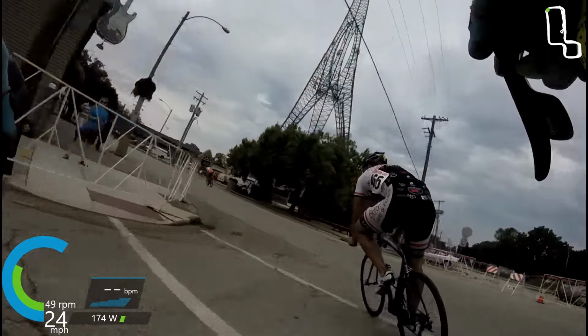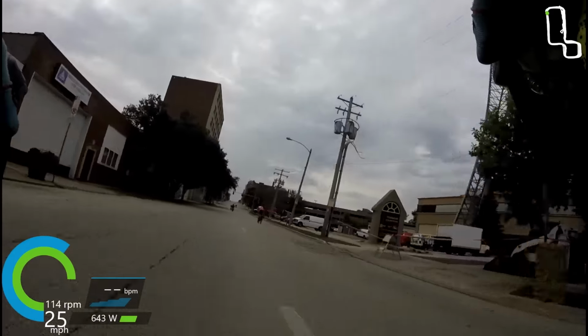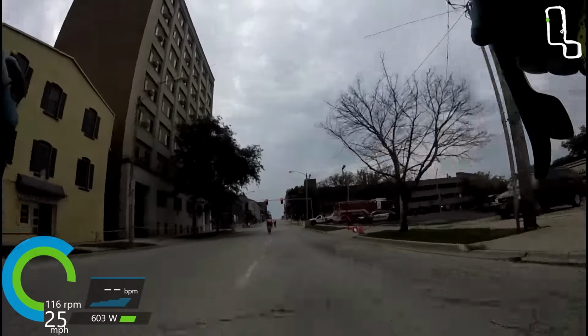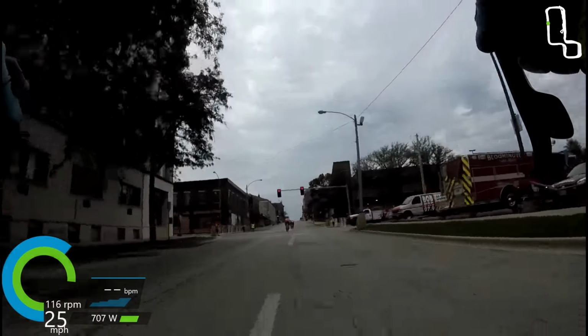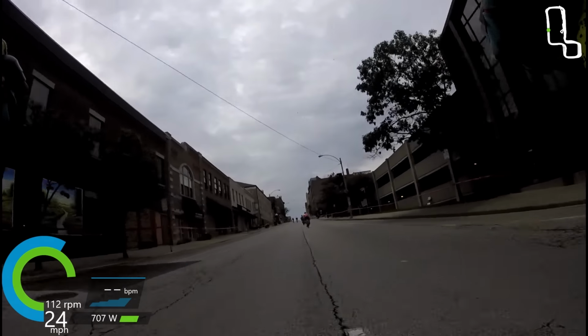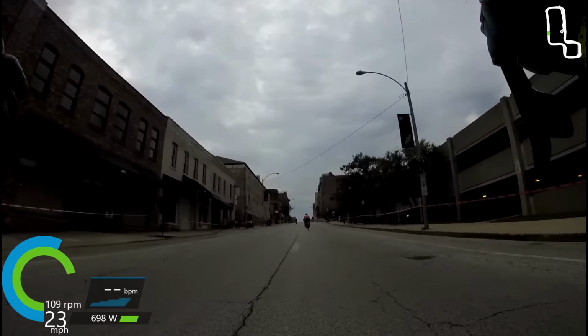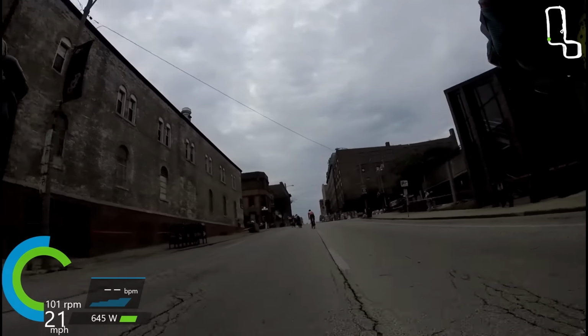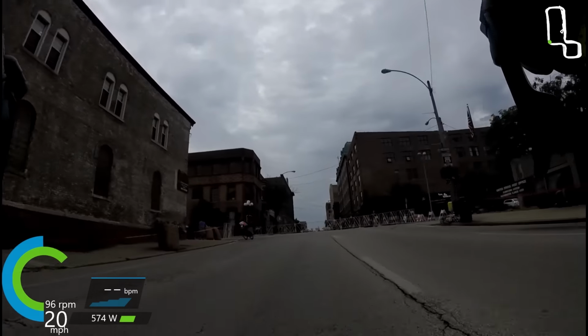So at this point, I'm just trying to get up to that lead group. My hip is killing me. My elbow's bothering me a little bit. But I just figure if I can get back up to those guys, I can rest and not have to do some work for a while. So I'm putting in some pretty hard efforts, 600-700 watts up these hills, just really trying to bridge up to